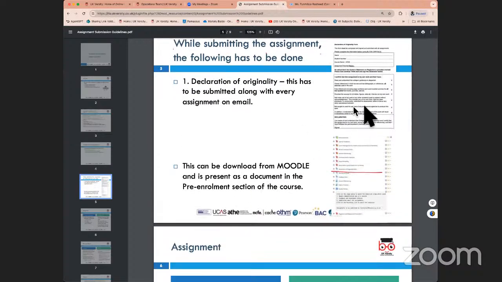Obviously, this is a declaration of originality. This is how it looks. This is something available on Moodle, and we have signposted that. I will show you that in a second, and you should be able to download this as a Word document